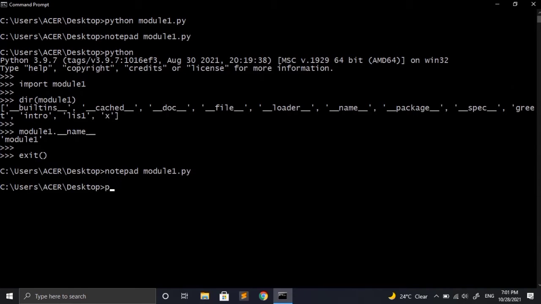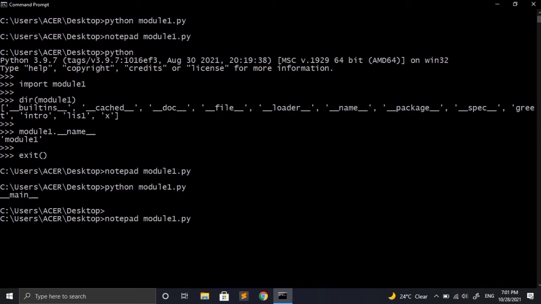Now I am going to run module1 directly by giving the command python module1.py. In the output we can see that it is giving the name as __main__, but its original name was module1. So if you know why this is happening, then do comment and let me know in the comment section. A very small hint: we have already discussed this at the very beginning of the video.